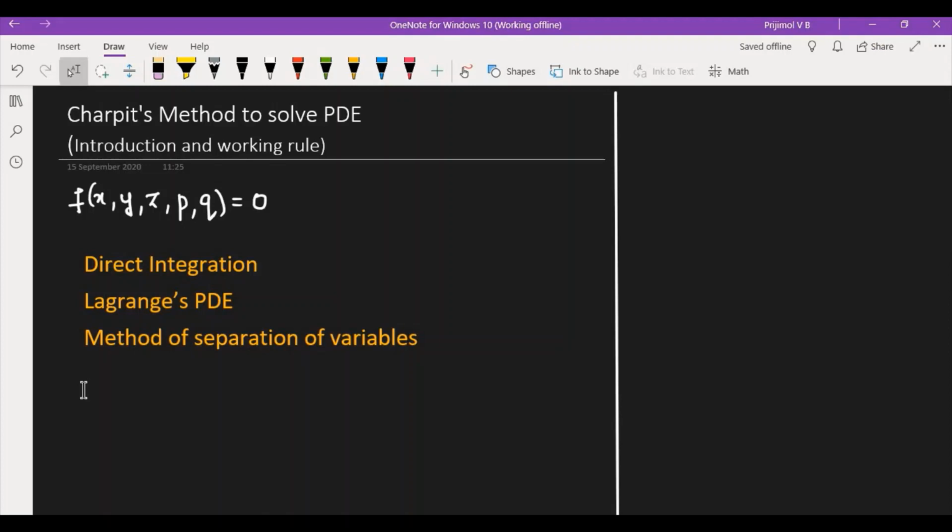Here what you have to do is find all the first order partial derivatives of f with respect to x, y, z, p, q, where all these are considered as variables. Even z is considered as a variable. In our previous problems we were taking z as a function of x and y, but here we treat z as a variable. Now these are our partial derivatives.